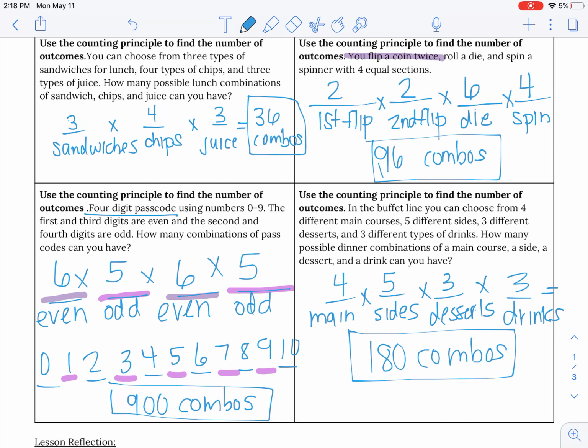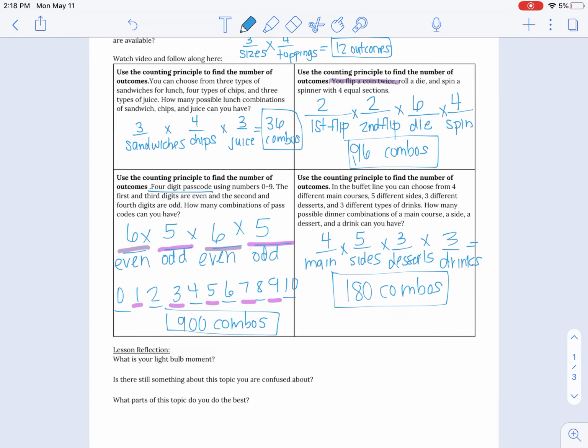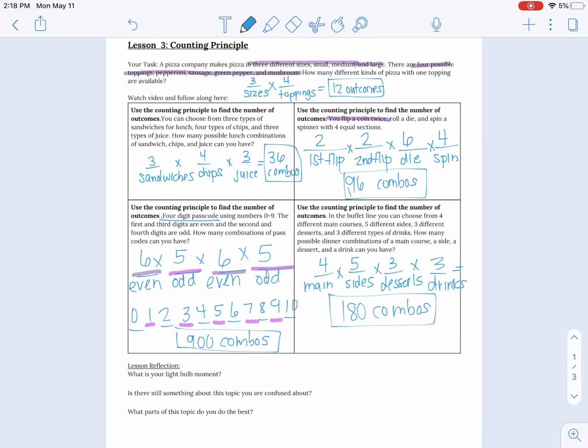If you have more questions on this, there's some reflective questions at the bottom. But other than that, that's it for this lesson. You can go ahead and do your